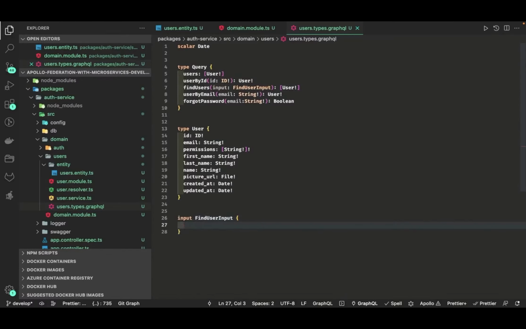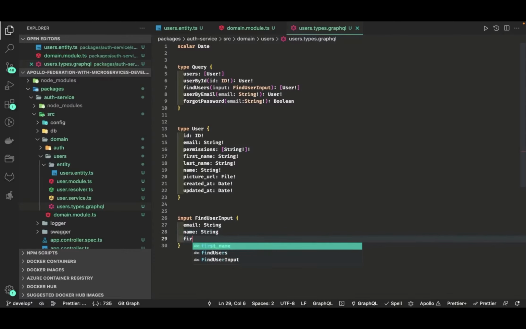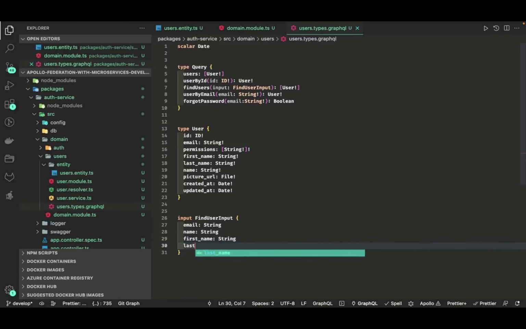And here this is the FindUserInput. So email optional, first name optional. We are not going to use the exclamation sign because these are optional properties. And what the Apollo GraphQL server will do is it will look into this schema file, and it is going to generate a DTO for us once we bootstrap our GraphQL system, and those details